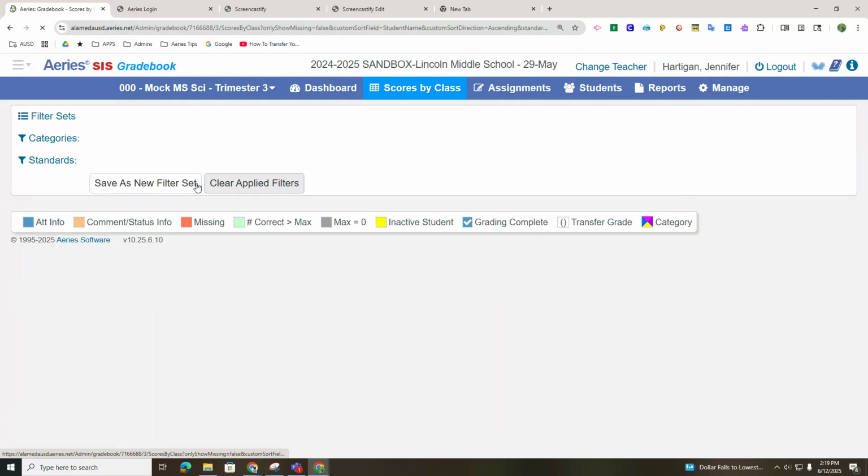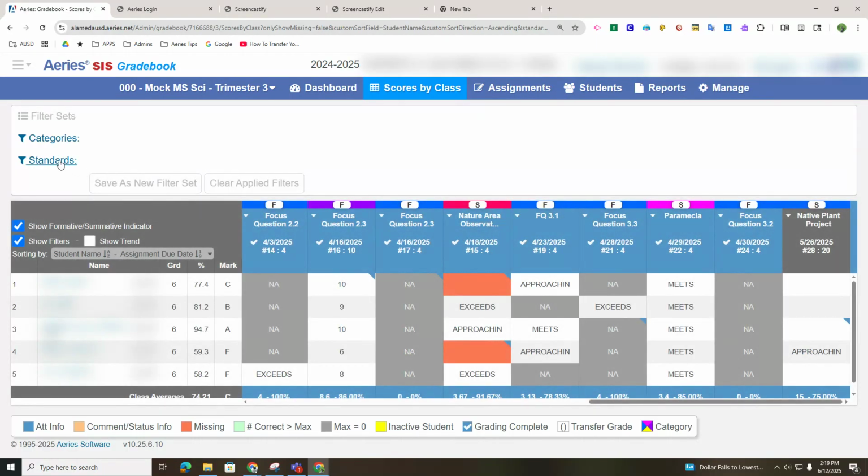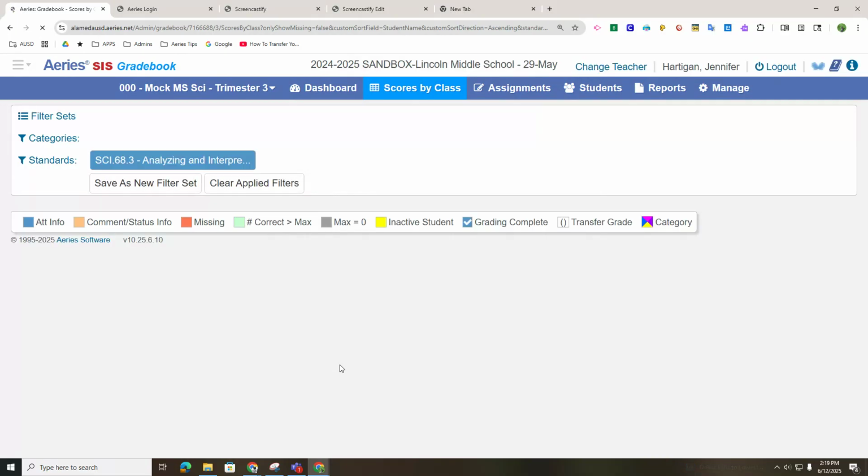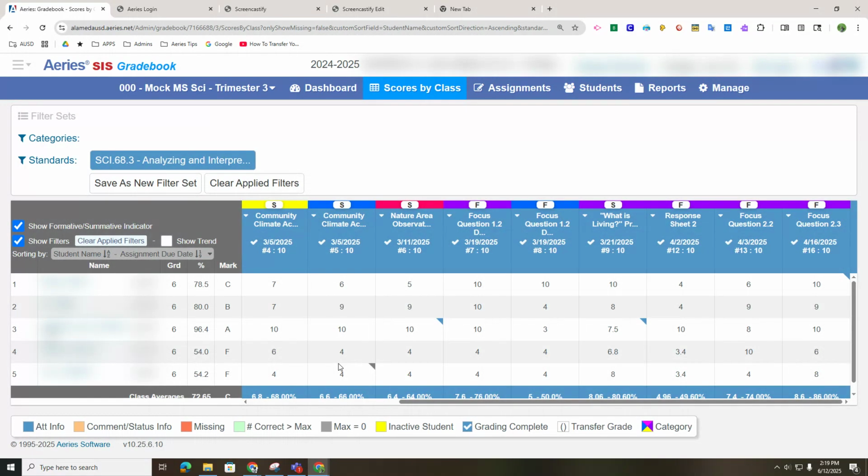Because we're adding standards, some of us, in the actual assignments, I can pull a standard. So I'm going to pull analyzing and interpreting data. That means that the teacher added those standards in addition to the category in Aeries. So let's see what we pull. There is a lot of analyzing and interpreting data. All of these assignments, summative S, formative F, have been pulled, and then I can see just that one